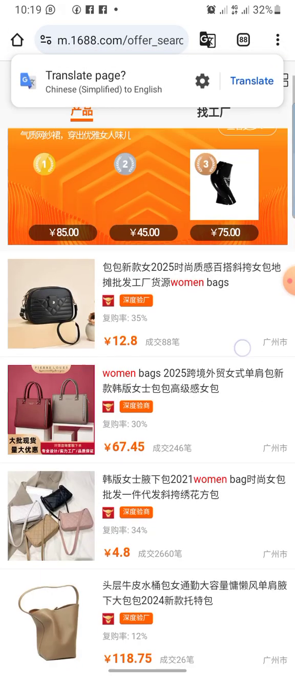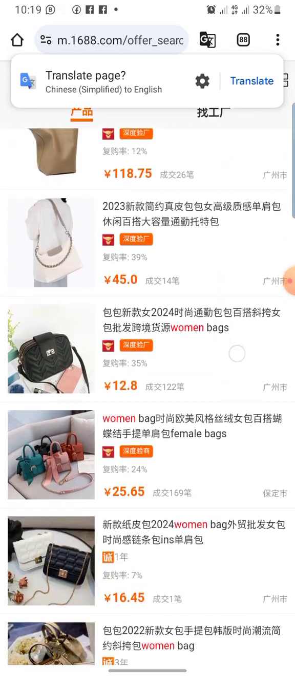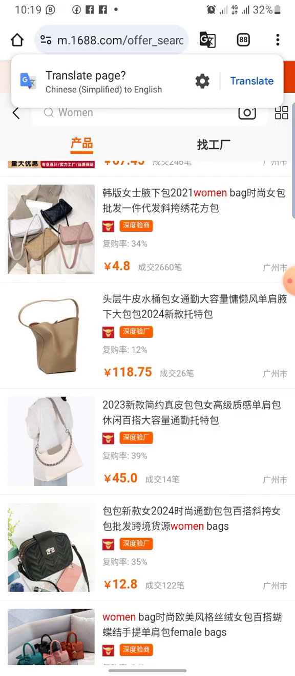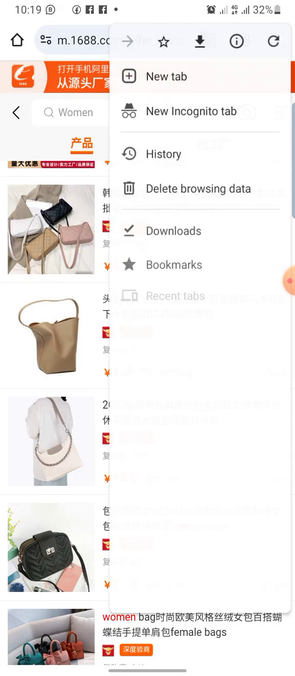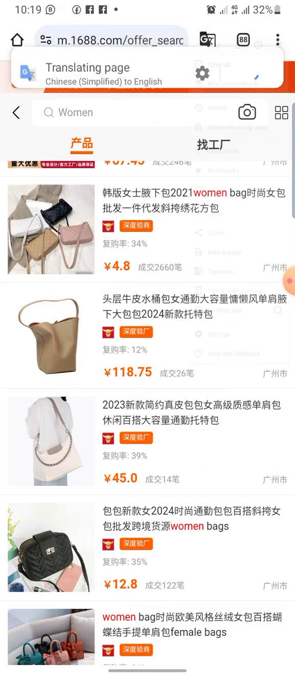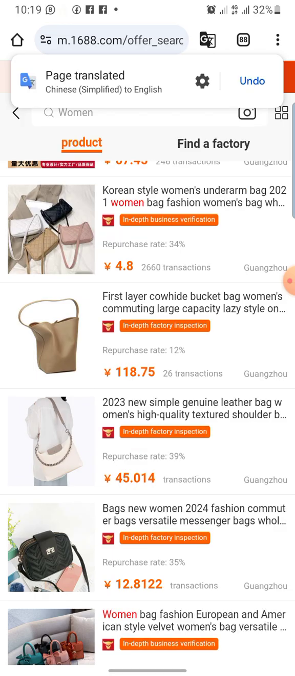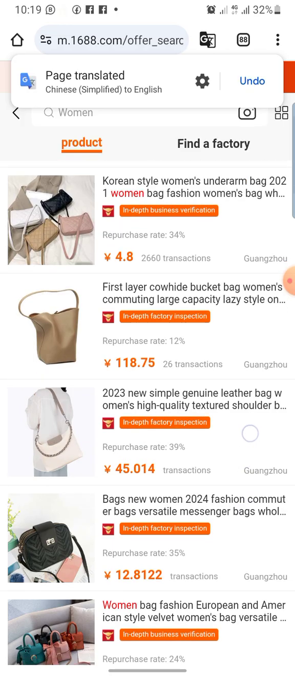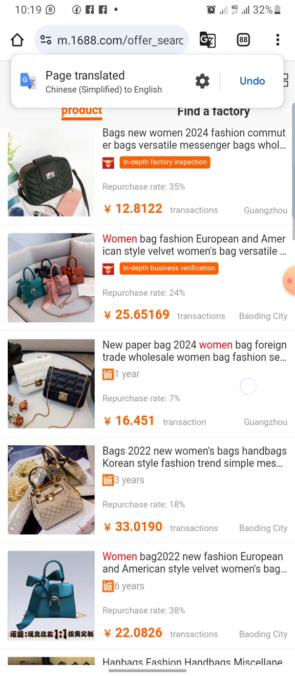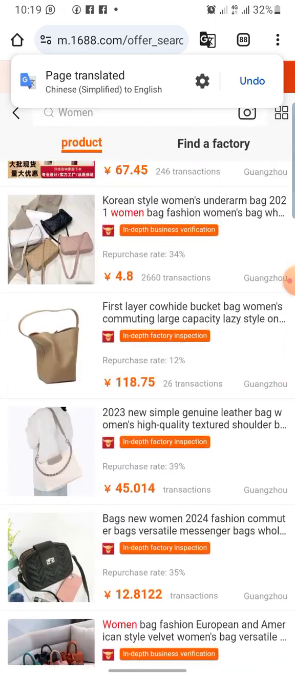So now we have bags for women. You can always translate, like we said before. You can always translate. Okay, then we have it. So now that we are done with that,